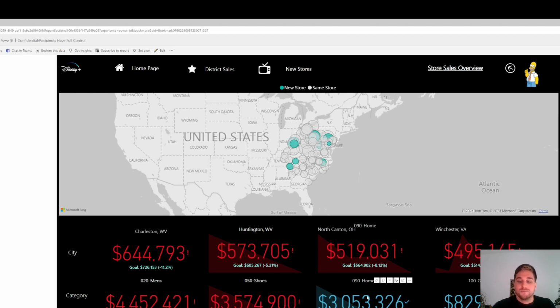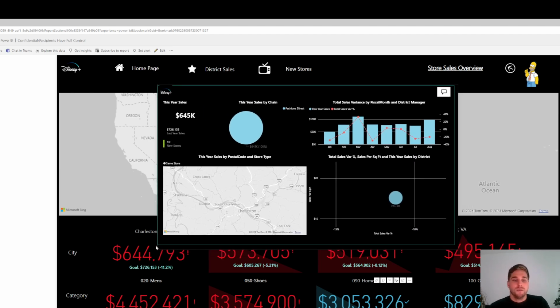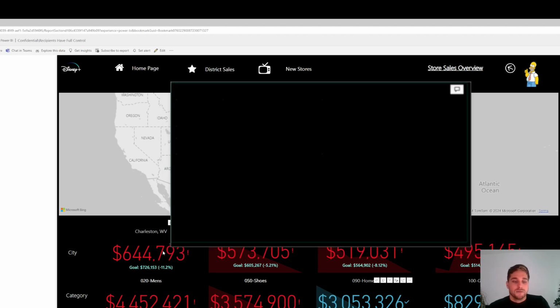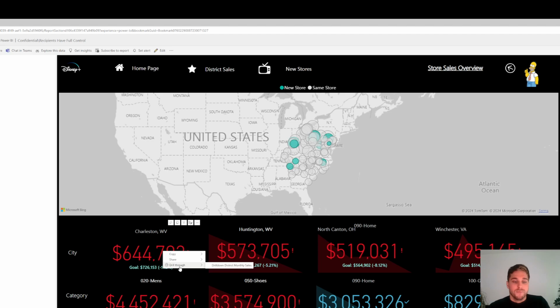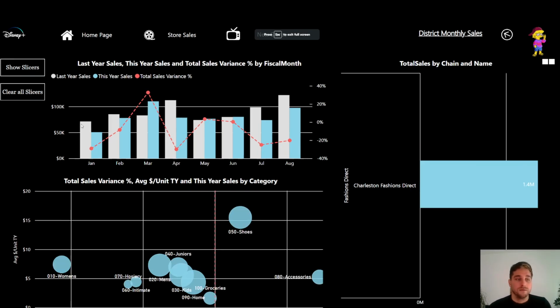And it's also possible to navigate and get more information if required, but most probably we're going to focus on the ones which have some issues and which are below the goal. If we are interested in this kind of information, we can drill down and see this information in detail, based on the particular city.